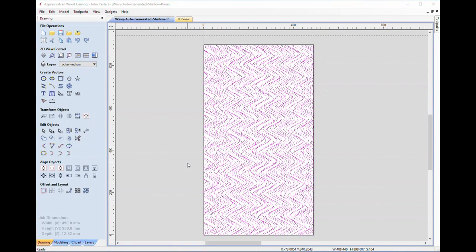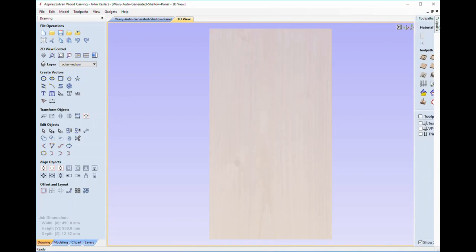Okay, so this is the pattern that I decided to go with. It's 24 inches wide by 48 inches long. For those of you who use metric, I'm sorry, I did have to study metric when I was a kid growing up, but the United States is resistant to coming along with the rest of the world, so that's the way it goes. So let's go ahead and see what it looks like when we run the toolpath